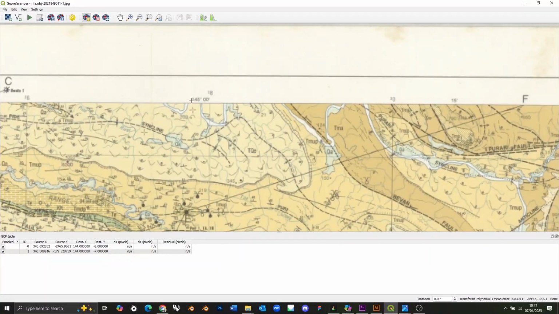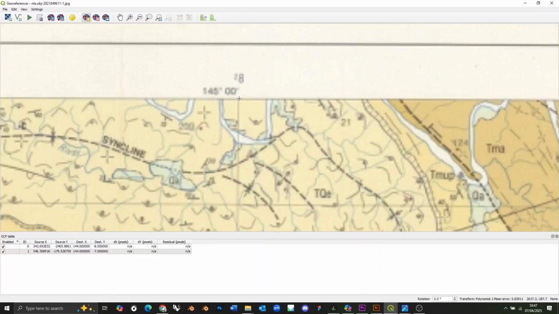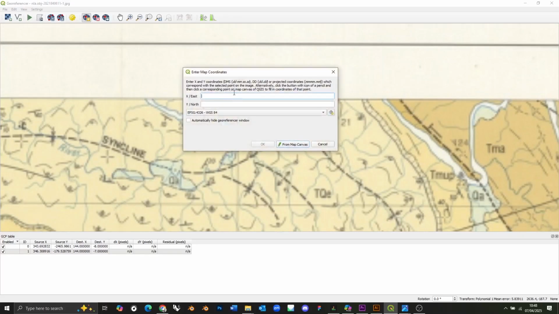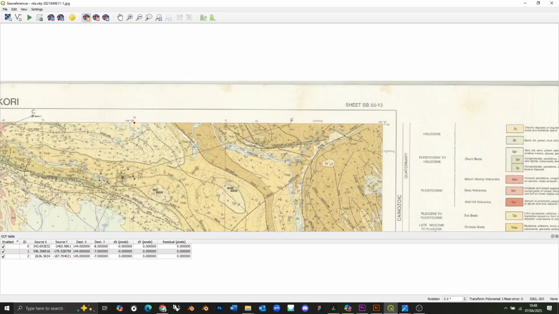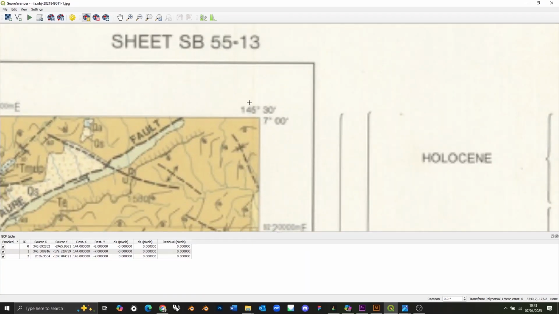And here we find 145 degrees east. Of course, this is still 7 degrees south. So I can select this intersection here, press once, 145 minus 7, press OK. And I can scan along to the very end here where it says 145 degrees and